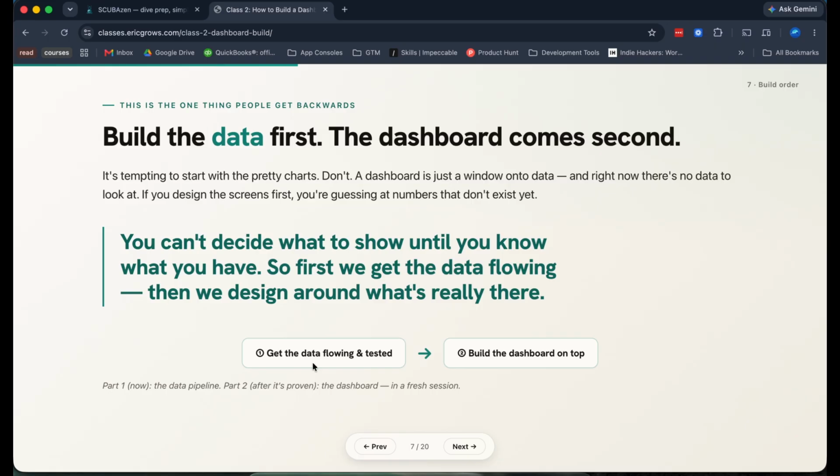So in terms of the build and the process, you want to build the data and the database first, and the dashboard will come after that. The reason is that the database is going to house all of your metrics and all of your information. You can't figure out what decisions you want to make or what metrics are available until you have a database of all of that information. If you do it the other way, you can create all the mockups you want, but you may not have the data to support those things, so you're just going to redo the database anyway. So for that reason, we always start with the database and the set of metrics that we have, and then we build the dashboard on top of that.